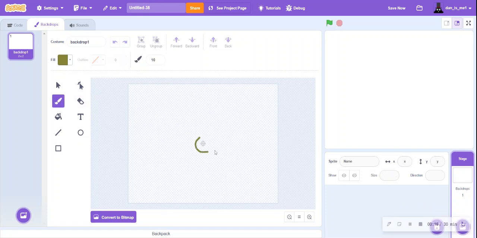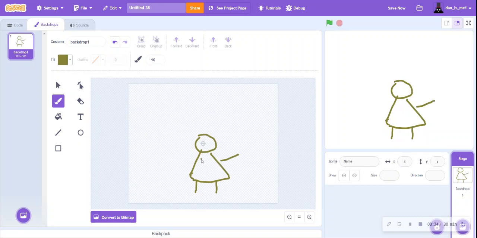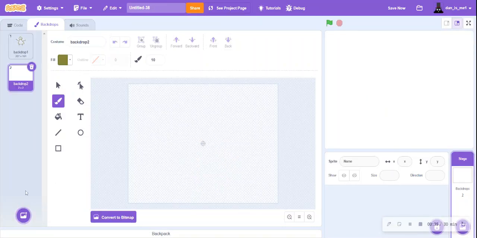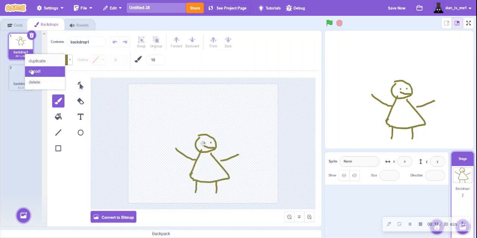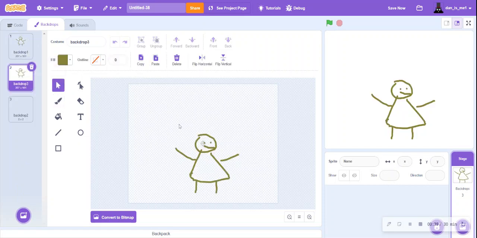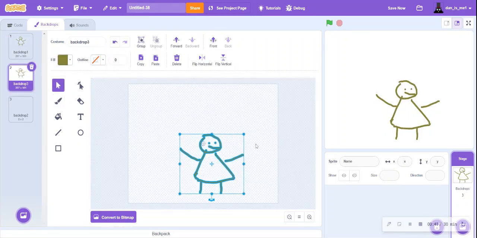I will make a stick figure. A girl stick figure, for some reason I want to. Fat hands. Then you could make a new frame, or you can duplicate the frame and then change where their position is slowly. I have